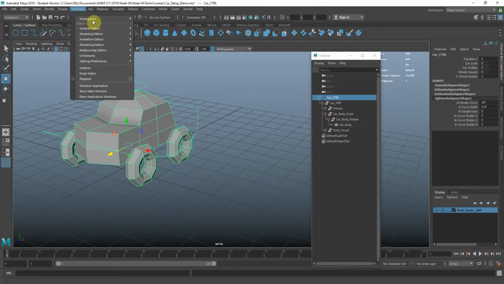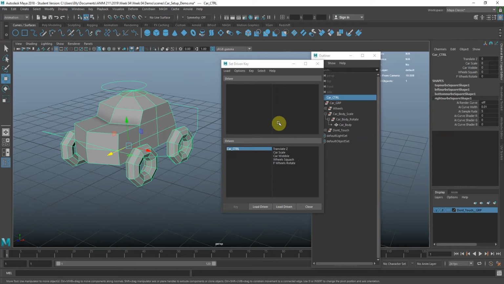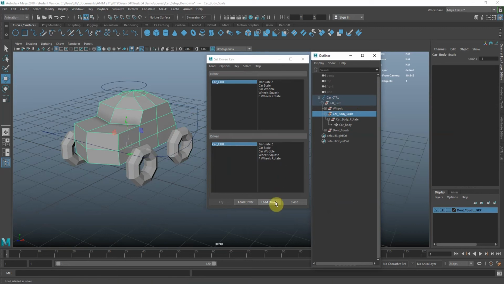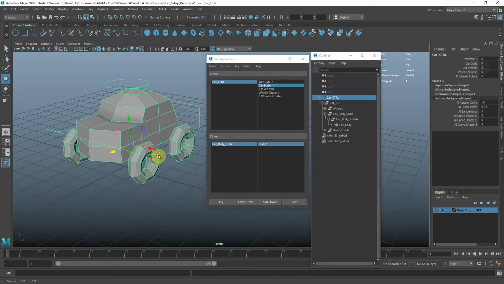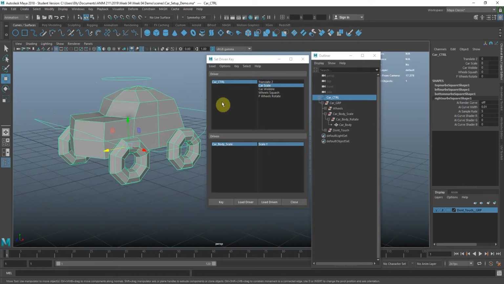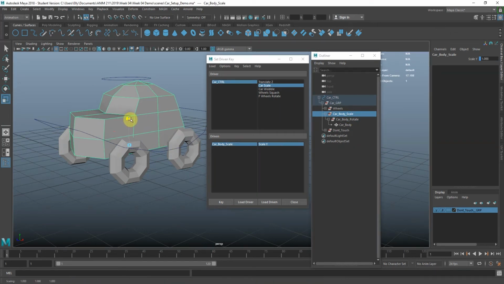So if I go to Windows, General, no, key, set driven key, set. So this control is going to be my driver, and the car body scale is going to be my driven. I'm going to select my car scale attribute and my scale Y attribute. And since they're both at a value of 0, I'm going to hit key. And now I'm going to move this car scale value to 1, and I'm going to scale my scale group to a value of like 1.2, maybe 1.3, yeah,